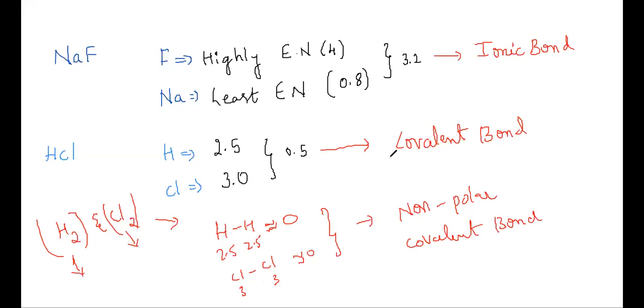Then what can I call this type of covalent bond as? Can I call this a polar covalent bond? So it can be called that, right? Because it is less than 1.7, but it is not equal to 0. So I can simply call HCl a polar covalent bond, and H2 and Cl2 a non-polar covalent bond. Are you getting what I'm saying? Yes, sir. Okay. So I hope you got cleared with these examples. There is no doubt. If you have any doubts, we can discuss that.